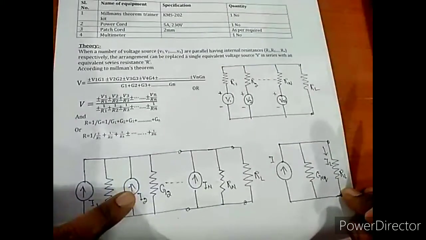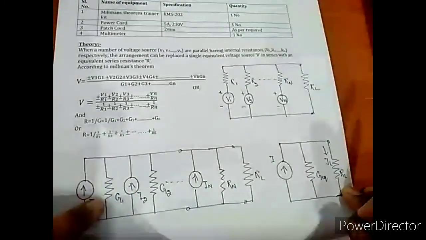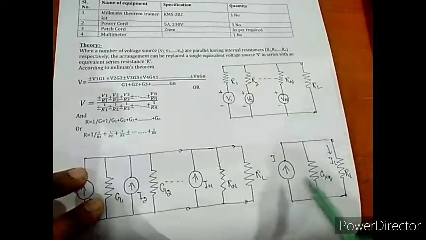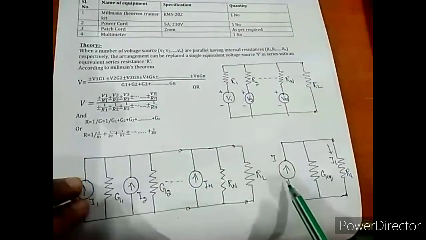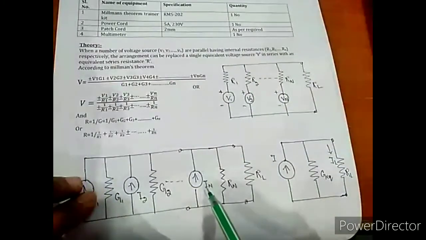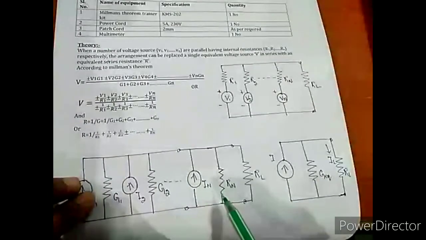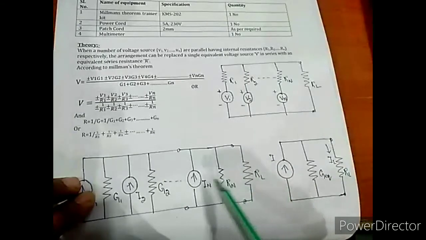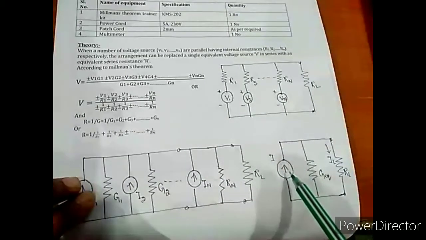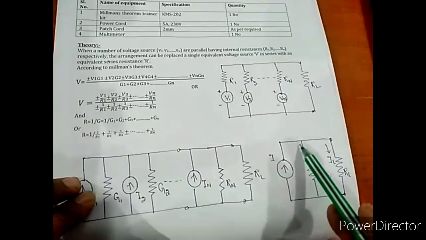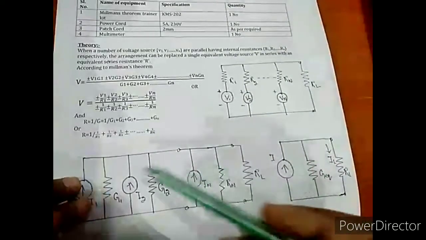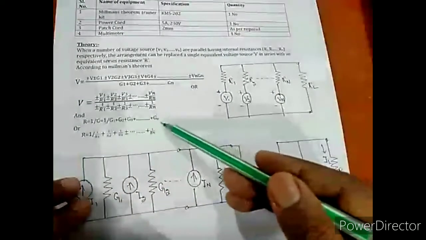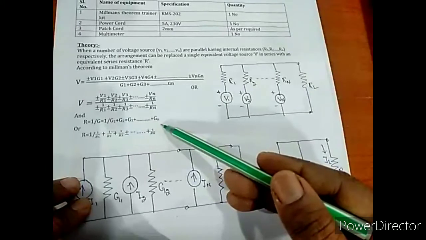Now students, you convert this network into an equivalent network which consists of a single current source, meaning I1 plus I2 plus In. According to their polarity, the total current is a subtraction or addition, meaning the resultant current of the circuit is now I. Now this I is connected in parallel with the equivalent resistance. Which equivalent? The parallel combination of these resistances. Here it is written, R is equal to 1 by G.